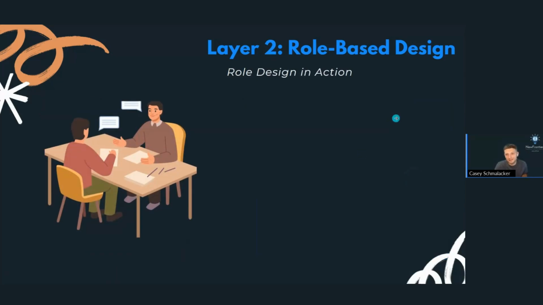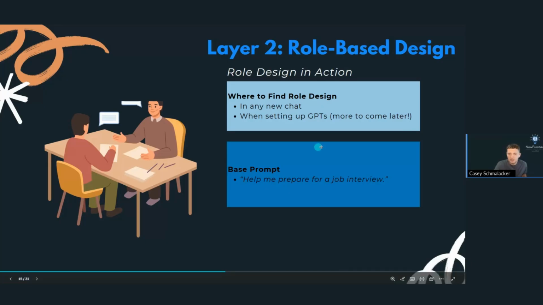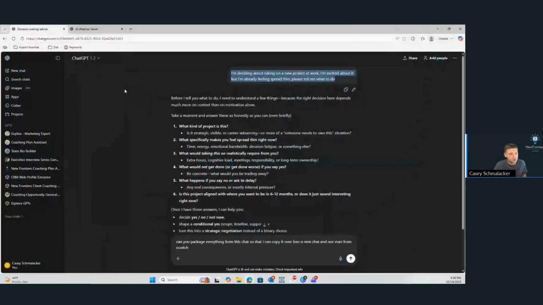So let's look at some role design in action. When you're looking at role design, you can really find this in any new chat. It's when you're setting up GPTs, which I will share a little bit later. So a base prompt. Let's just take out the personalization setting.